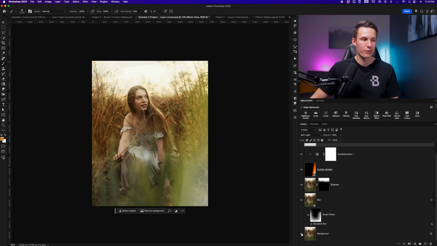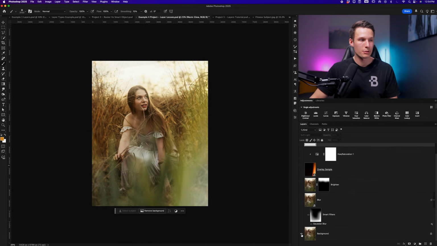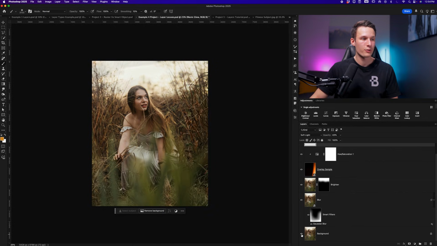So looking at our before and after, I'll hold Alt or Option and click on the eyeball icon of this background layer. You can see the huge difference that we've added to this image using a variety of different layers and some more advanced layer techniques with blending modes, opacity, as well as smart filters and layer masks. All of this stuff will certainly take some practice to get used to,